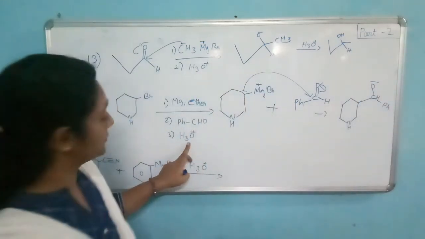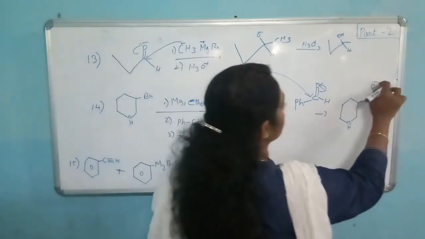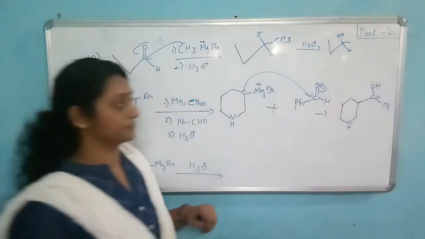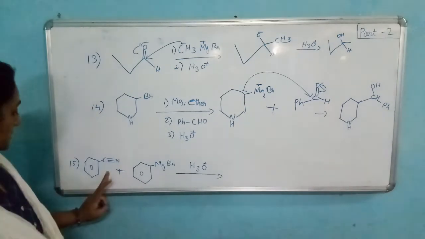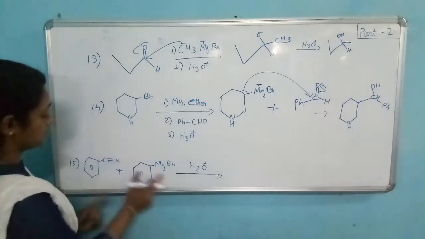And the third process is hydrolysis, and on hydrolysis we get OH. Okay, this is the reaction of Grignard reagent with nitrile,